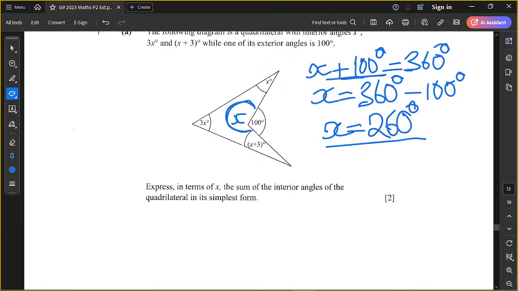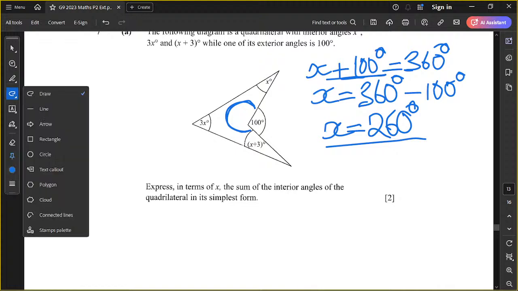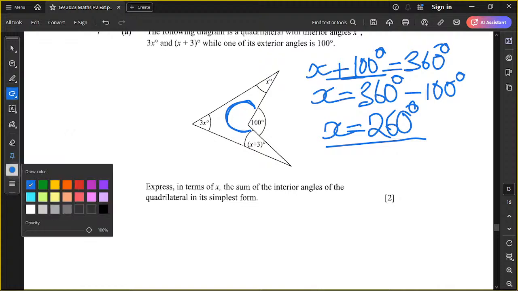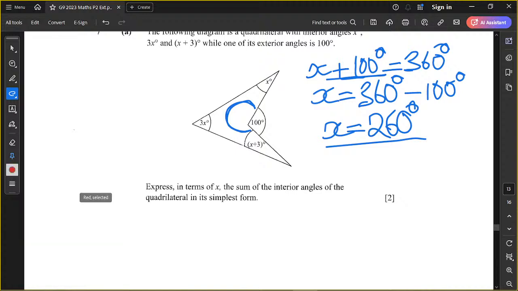Okay, that is the value of this angle. So we can even label the x inside and put 260 degrees. Now we can go ahead and answer the question because we have found the 4th angle